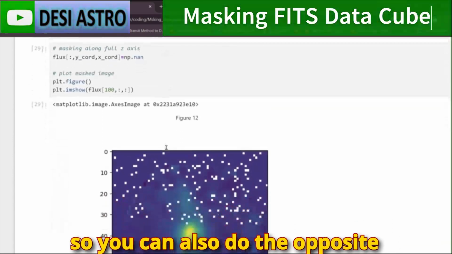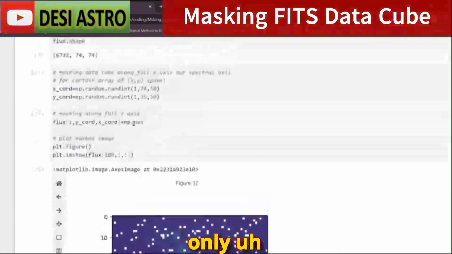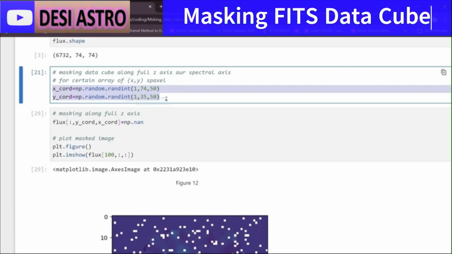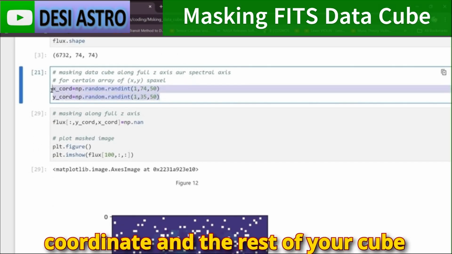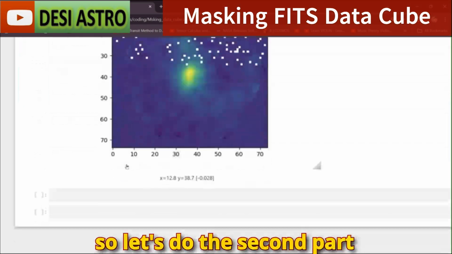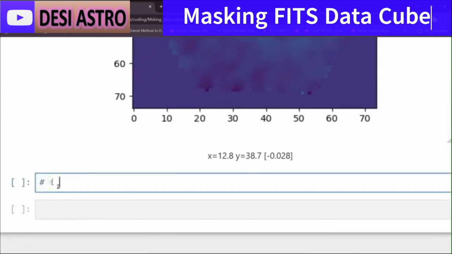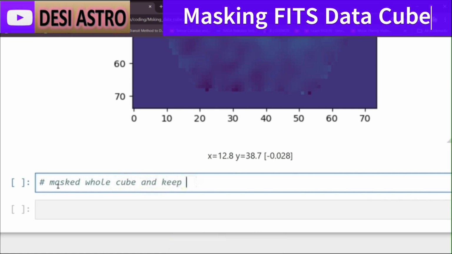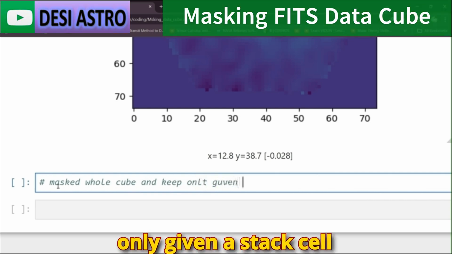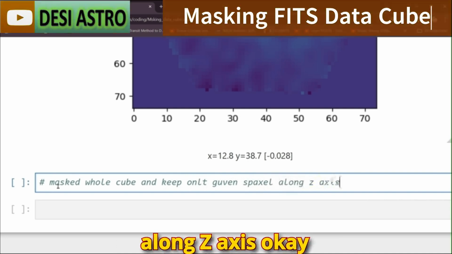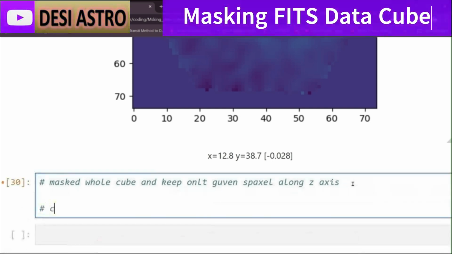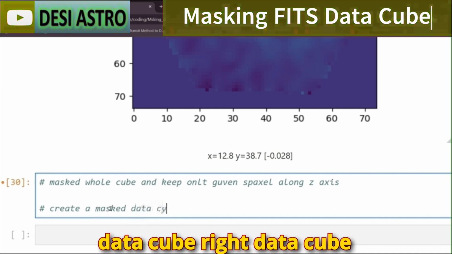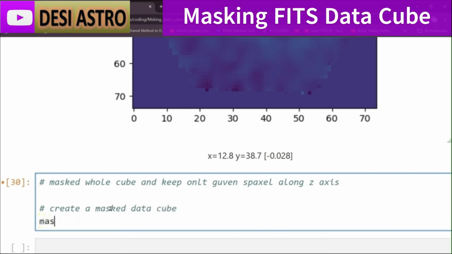So that is how to mask certain spaxels along your whole z axis. You can also do the opposite, that is, how to keep only the pixel values corresponding to your x and y coordinates, and the rest of your cube is masked. So let's do the second part. I will mask the whole cube and keep only a given spaxel along the z axis. For that I will first create a masked data cube. You can call it mask